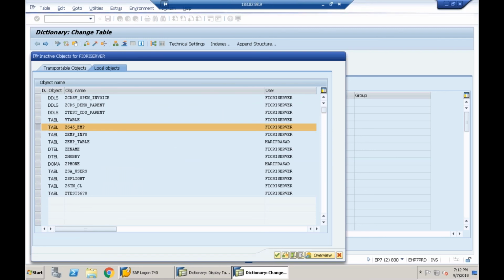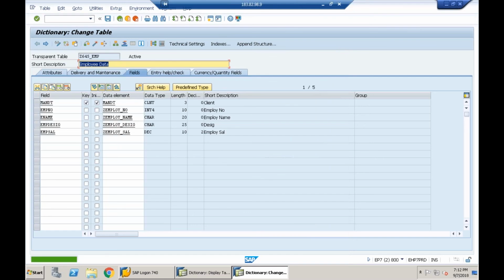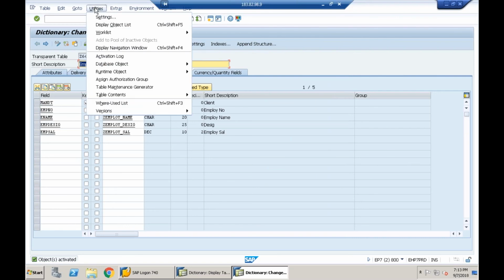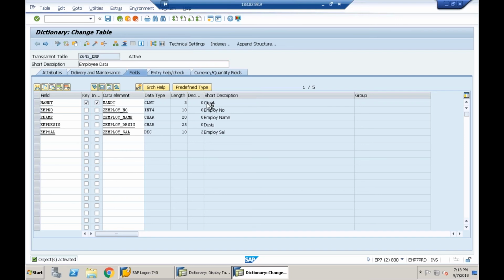So this is a client dependent table, meaning it contains MANDT as the first field, and only MANDT I made as the primary key. We know that for MANDT the values are generated by SAP itself. Done. So let me try to insert a record here. How do you insert? Here, only utilities, table contents, create entries. So when I say create entries,